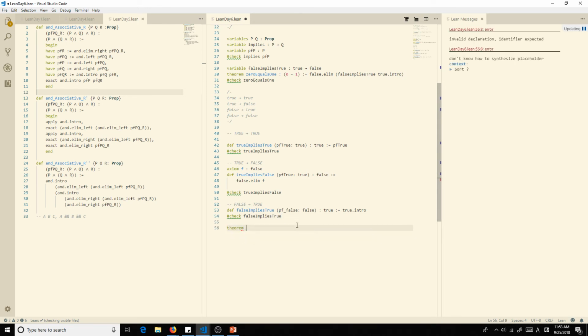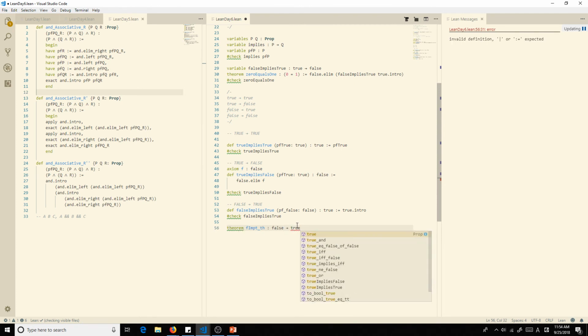Let's have a theorem. Let's just do that: false implies true. Just do th for theorem. We're going to have false implies true, and then false. What do I do?